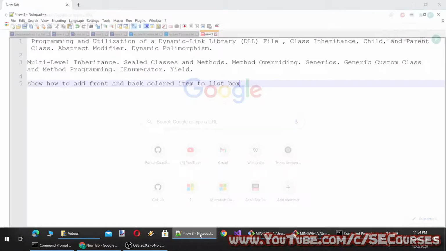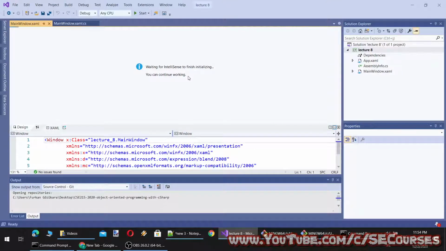Okay, we are waiting for the project to be opened. Okay, it is getting opened.